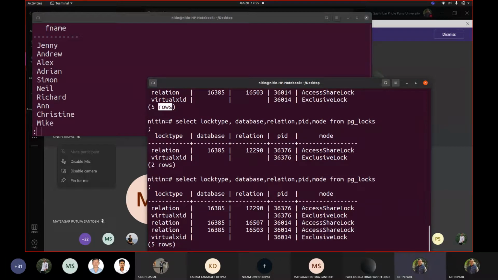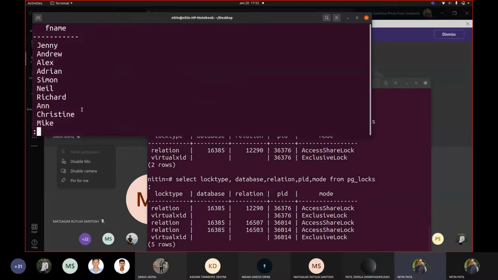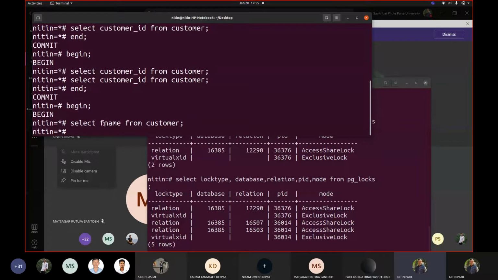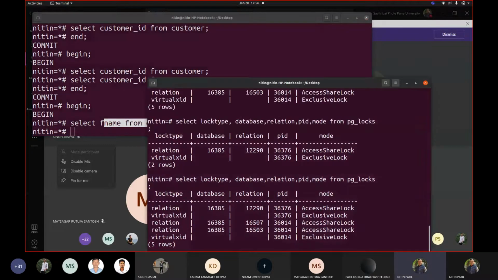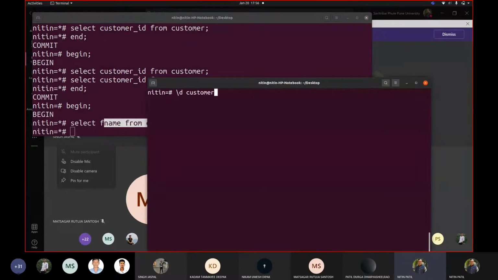507 and 503. Even though you are not using customer ID in your query, this should be a surprise for us, no? We are not using any customer ID in our query. Still, it is making use of it to show the data. The reason is that it is showing you the output of select fname, but actually in the buffer select star from customer was fired. And the data was organized as a B tree, correct? It was organized as a B tree. That's the reason we do see this